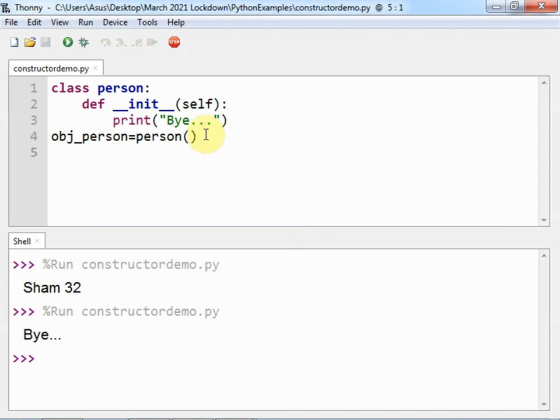Now in the same class I will write one more method. One constructor is already there, so I will use def my method, and here I will pass self comma suppose number, print.